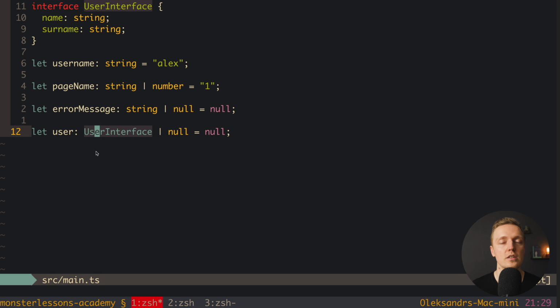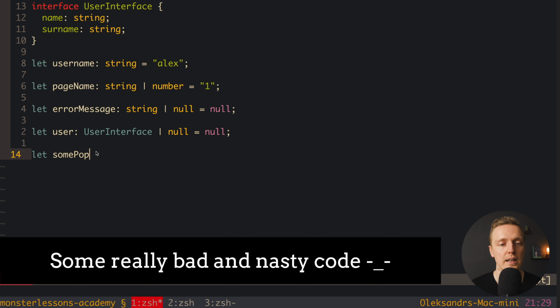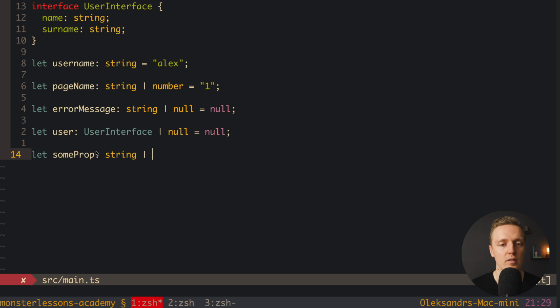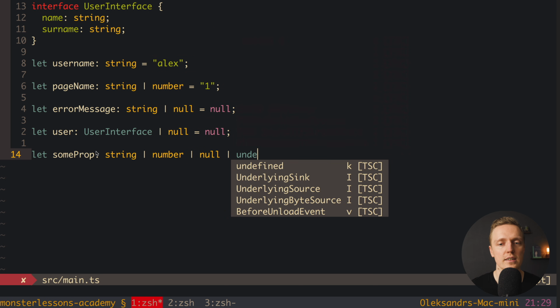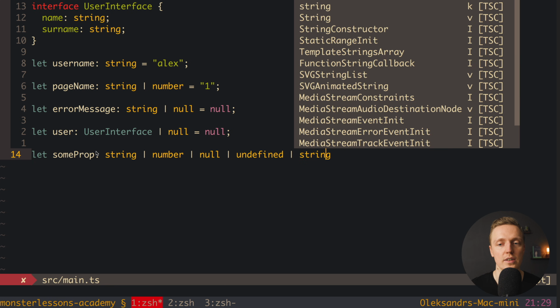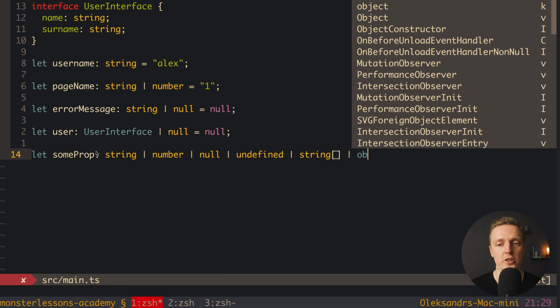But of course you need to use union with caution, because I already saw in some projects something like this. So we have here a property, for example some property, and it can be of the type string or number or null or undefined, you got my point, or string array or object.